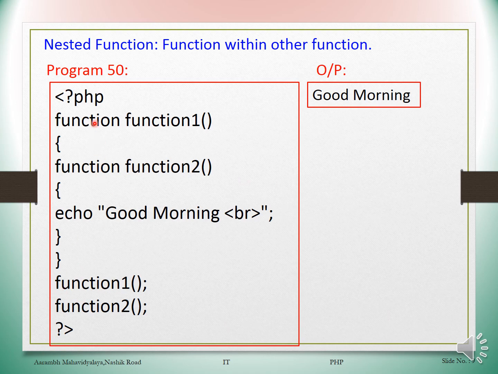Then here we have just declared it, and here the function calls are given, function 1 and function 2. Now due to this call it will go to function 1. It will execute function 2 and it will display the data good morning. Now here we have called function 2, but it already displayed good morning, therefore it will not display this data again. We will get only one line of data as good morning.